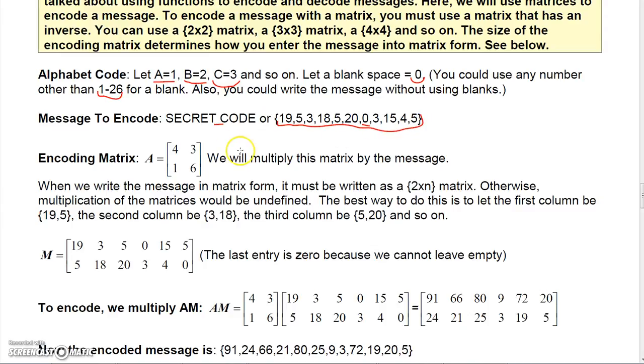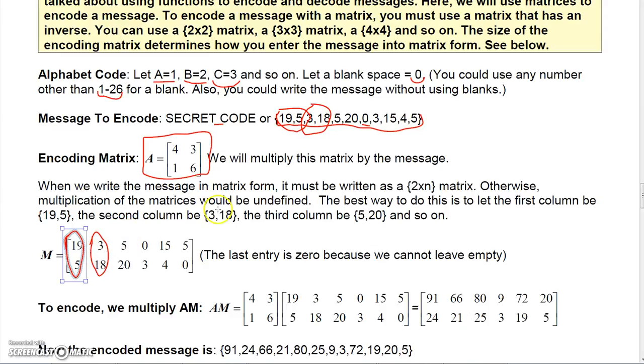Now, I know I want to use a 2 by 2 encoding matrix, so I'm going to use this matrix to encode the message. Well, here's the trick. If you're going to use a 2 by 2 encoding matrix, then you've got to put these numbers in a matrix using only 2 rows. So the easiest way to do that is to make the first pair be your first column, and then make the second pair be your second column